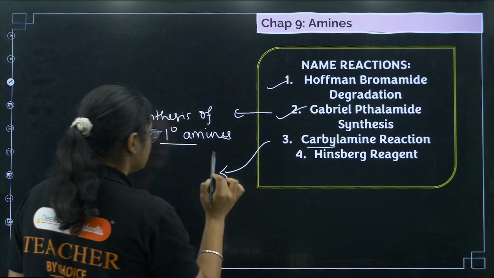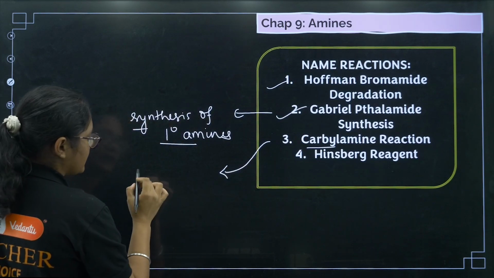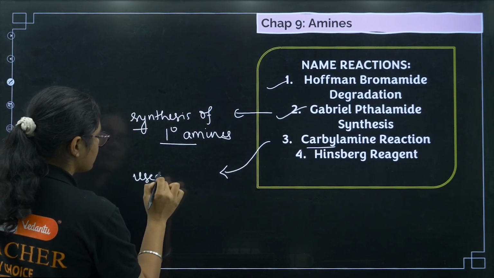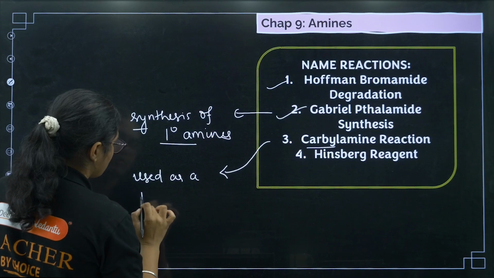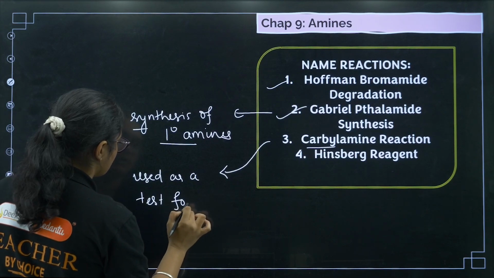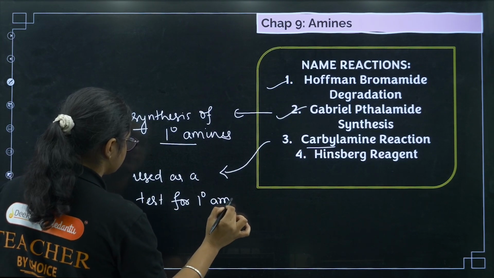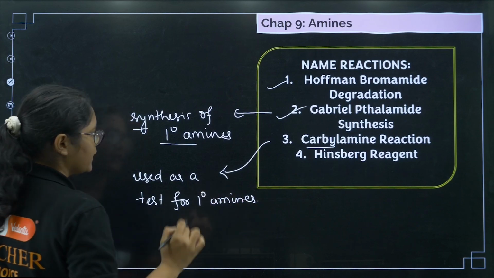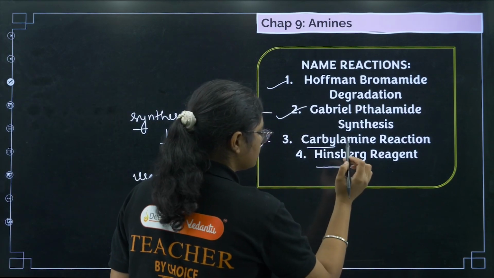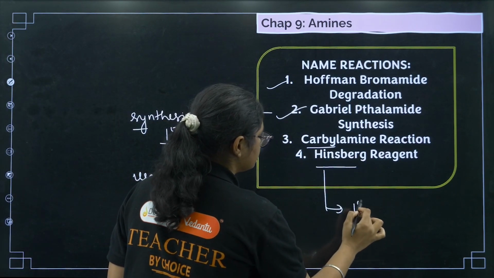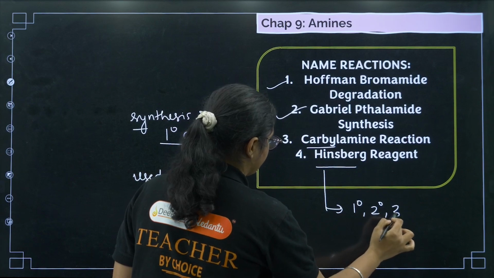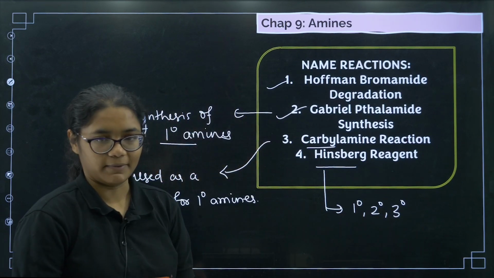Carbylamine test, carbylamine reaction, that is there, and it is also used as a test for primary amines. Okay, next Hinsberg reagent. So you should be knowing how this one can be used to differentiate primary, secondary and tertiary amines. Okay,